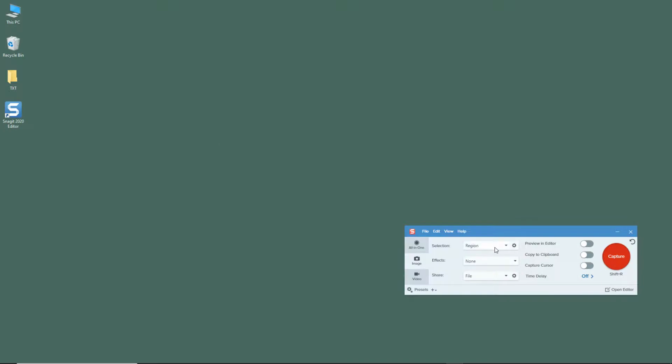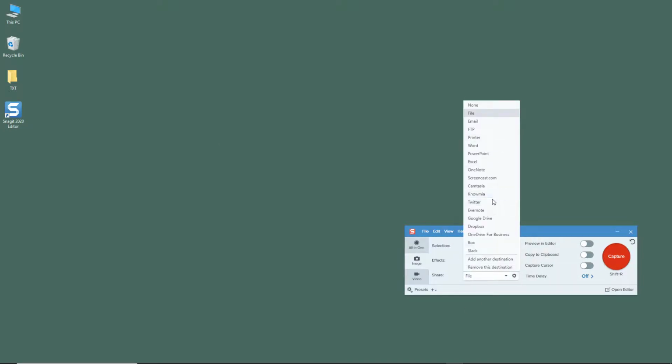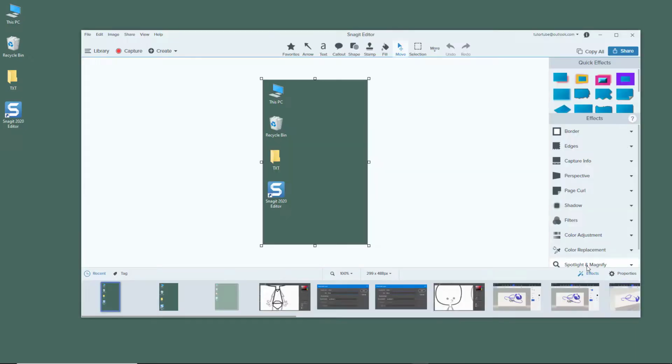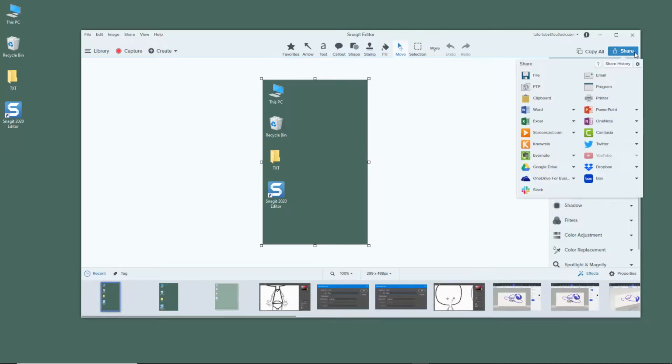Similarly, you can go over here and export it out, share it out in other applications. You can share it out in Camtasia, in Twitter, Evernote, Google Drive, Dropbox, and so forth. So it's just like using the share feature out of the editor right here, but you're just doing it directly